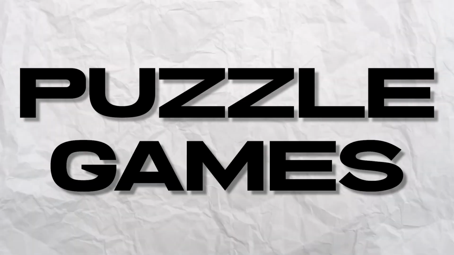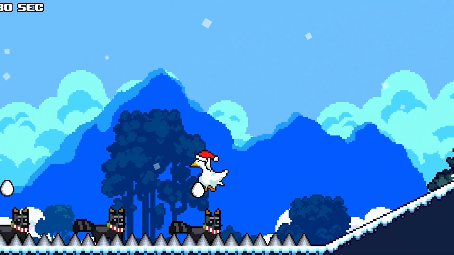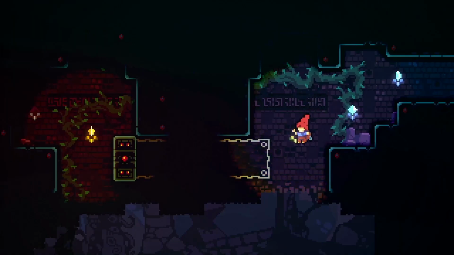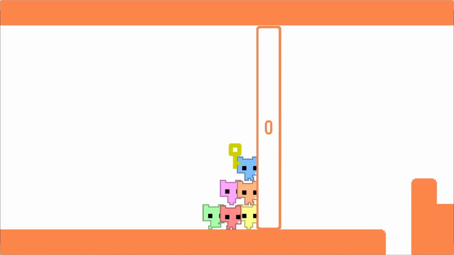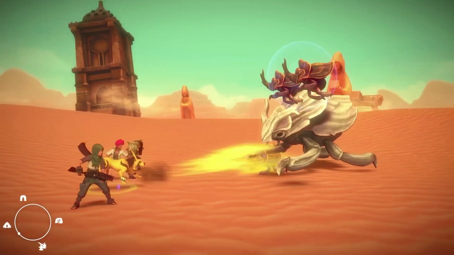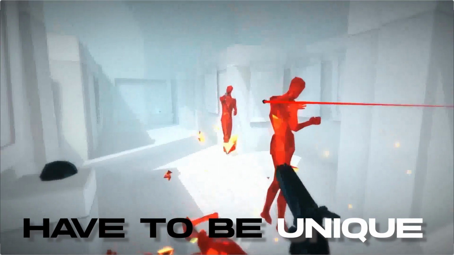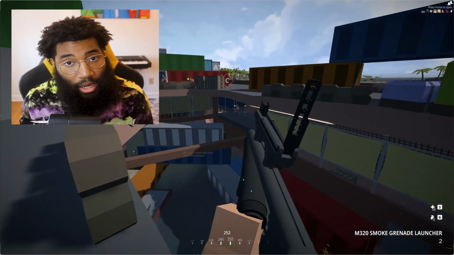The two biggest genres for game development and the least popular game genres for gamers are puzzle games and platformers. These are the two best genres to get your foot in the door, learning the basics of game development and game design. This genre is just extremely oversaturated. Your game might have the potential to just be lost in the abyss. I would avoid making an RPG as your first game because it's just going to be insanely difficult and time consuming. If you're going to make a first-person shooter, it has to be unique. And with a first-person shooter, you're going to have to be dealing with multiplayer for the first time. That is not going to be easy.